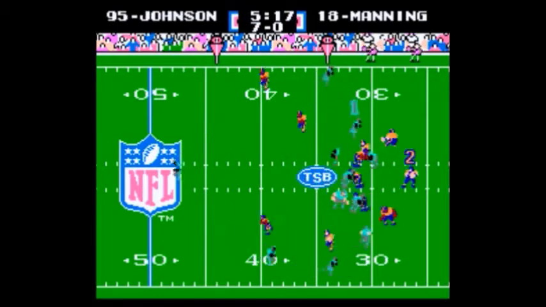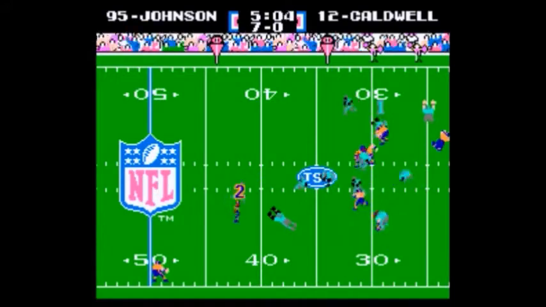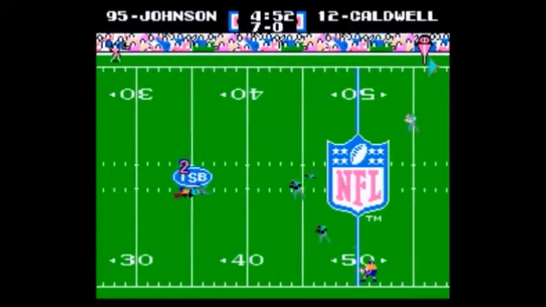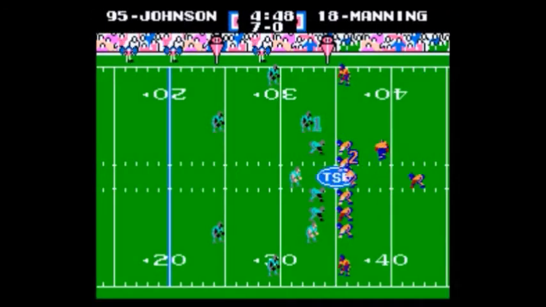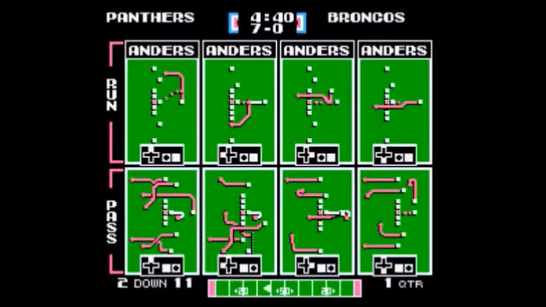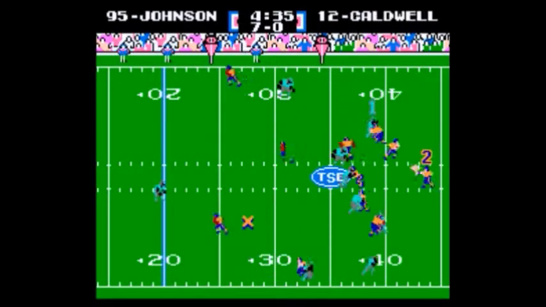Manning's first pass is tipped and blocked, but it looks like they're going for it again here on second down, going for it all. No, he's going to go down short to Caldwell, who makes a nice catch and a nice move. He's inside the 40 to the 35, where he's brought down for a first down. Caldwell with some nice moves there to make a short completion into a large gain. And C.J. Anderson stopped right at the line of scrimmage. So just like that, Bob, the Panthers flipping the script with their defensive line stopping the action.